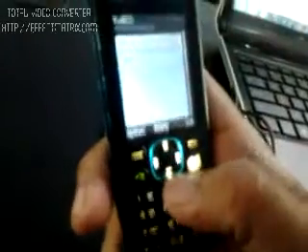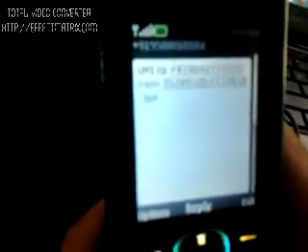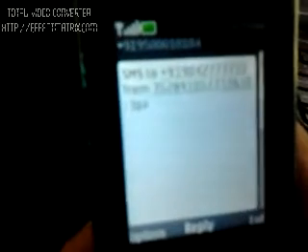Immediately the parent receives an SMS from the child's number, and in that SMS we get the mobile number to which the child has sent the message, the IMEI number of the child's mobile phone, and JGA, which is the content of the message. This is enough to show that our project is running successfully. So the verification has been done by us, by the parent.